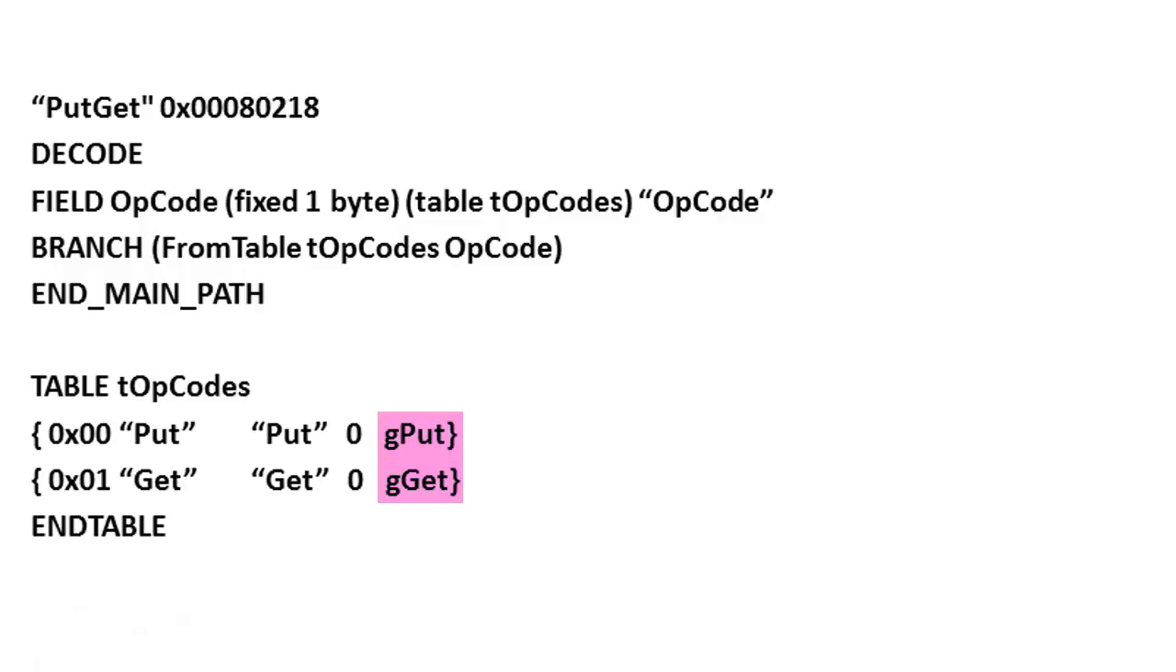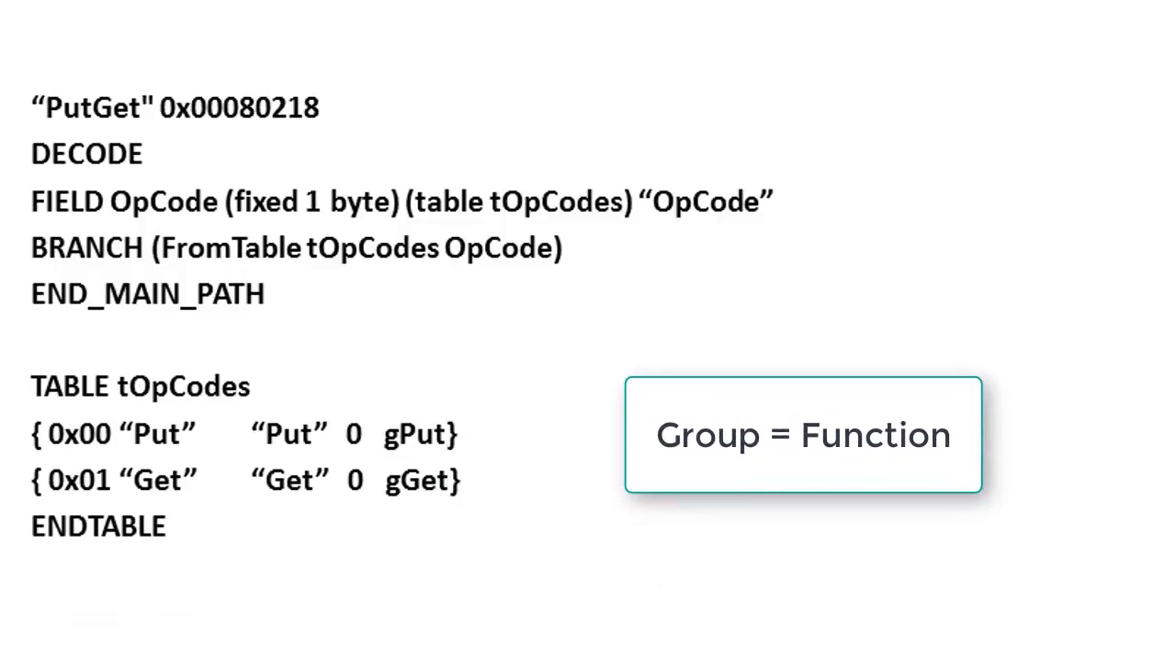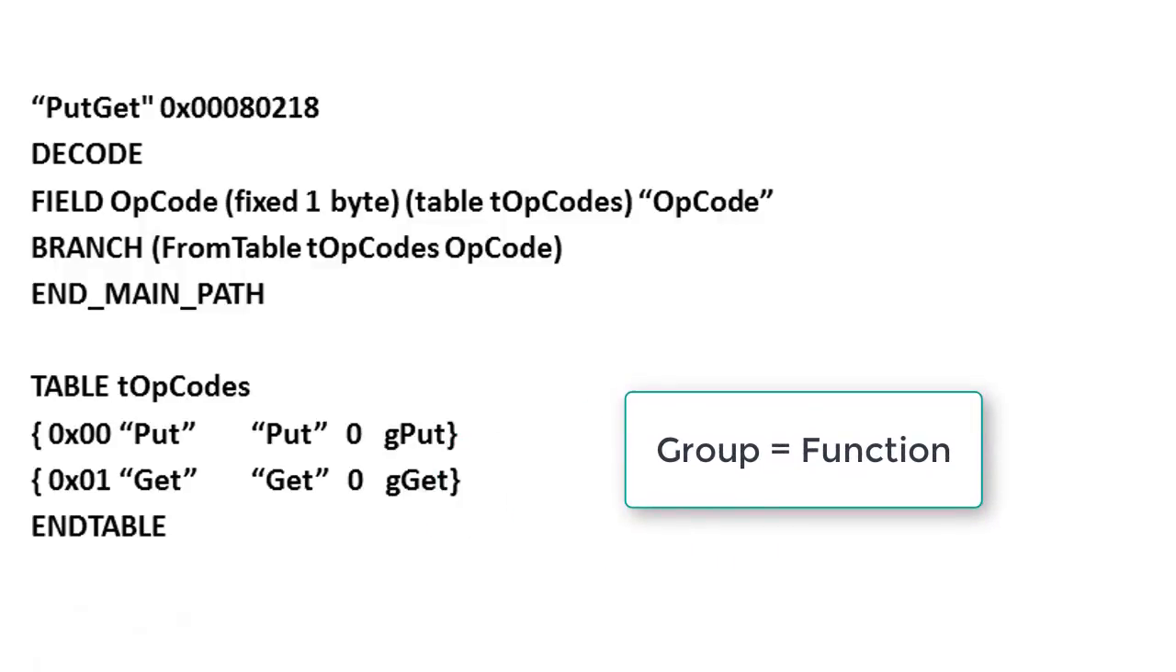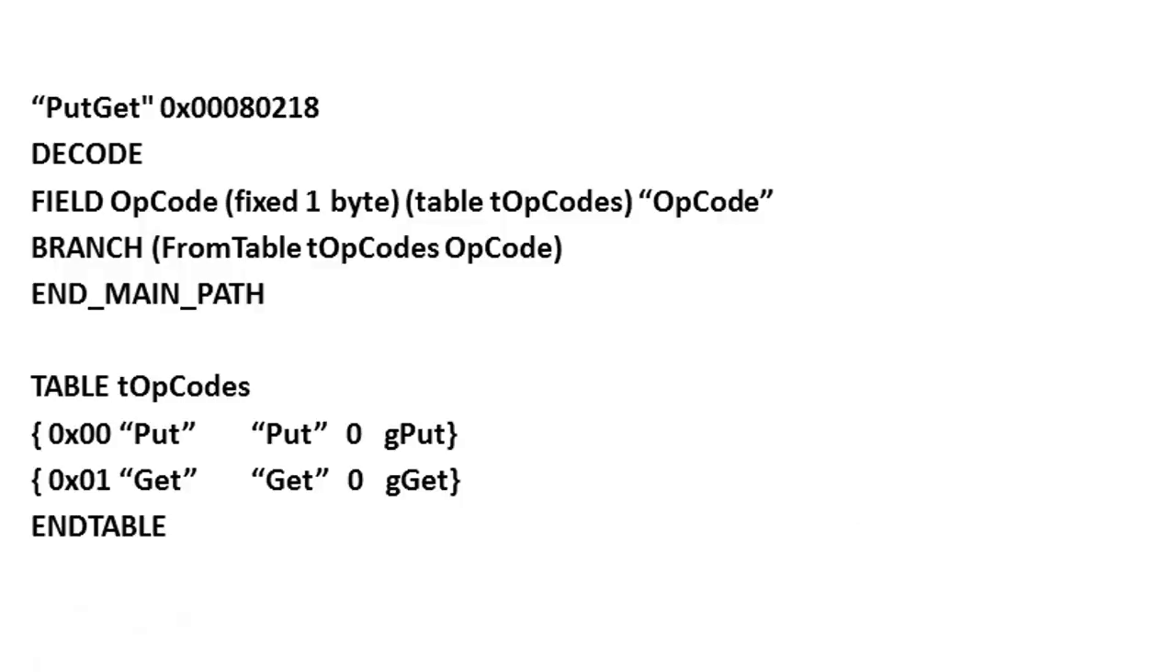These are like function calls. In decoder script, we call functions groups. Remember that we said we were going to take some action based upon the value of the opcode. In this case, we are going to branch based upon the value from the field opcode using the same table T opcodes that was used in the field statement. For example, if the value of opcode is 1,